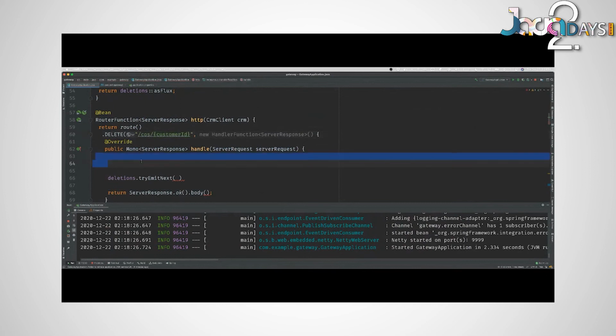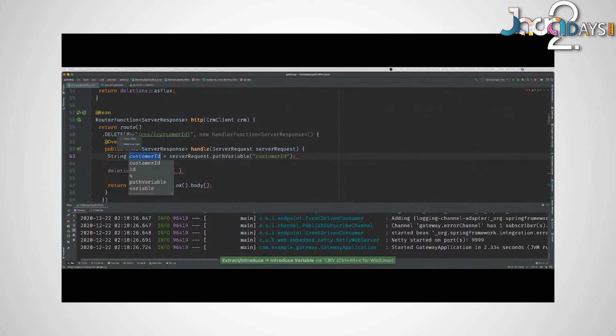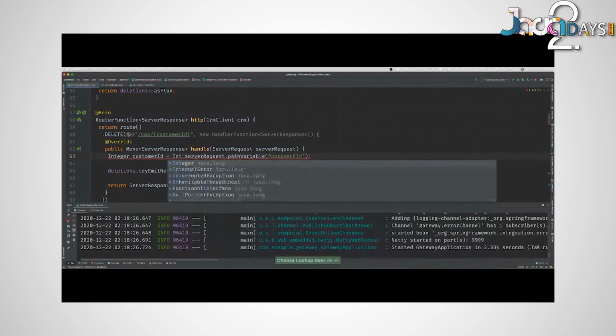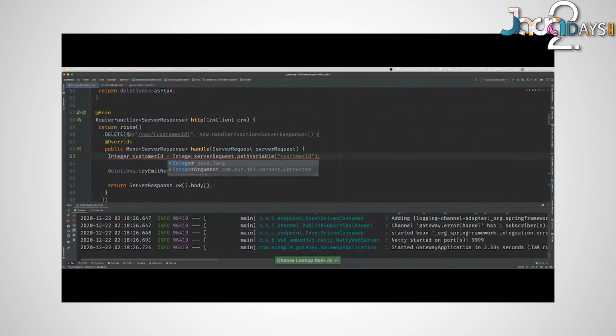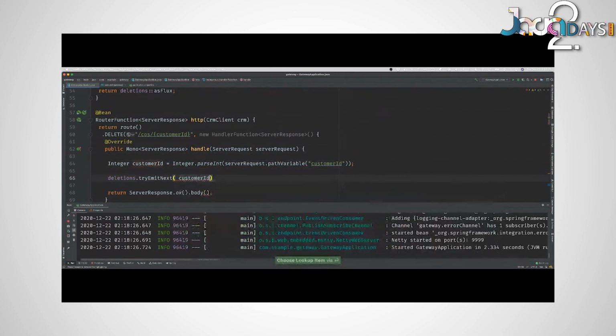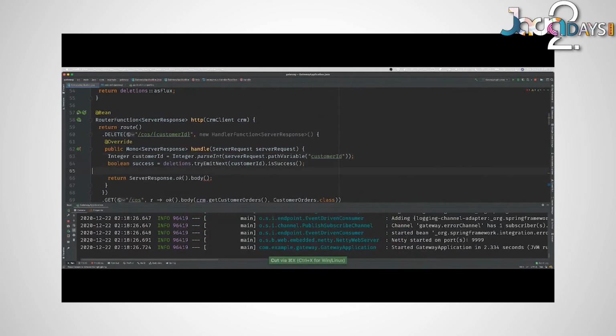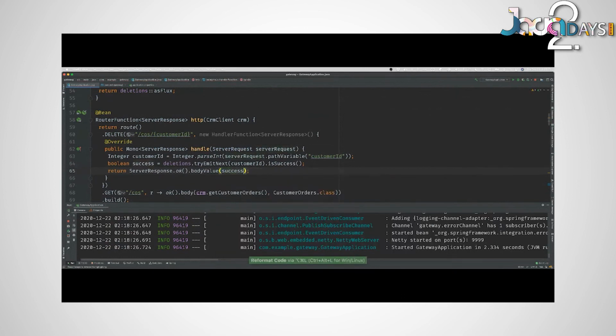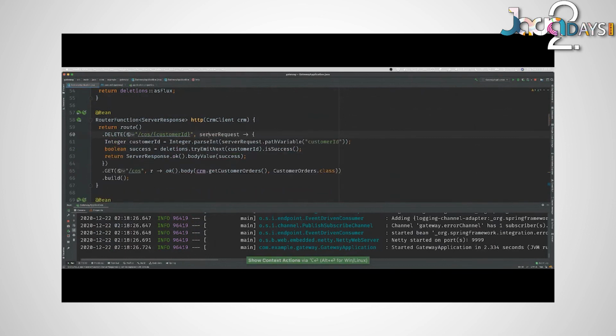I will say server request path variable customer ID, and we're going to turn this into an integer, right? Integer.parseInt. There you go. All right, try emit that. And is it a success? Let's see. Okay, there's my basic messaging producer.